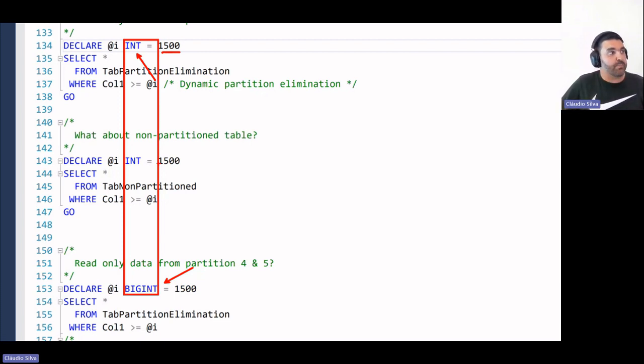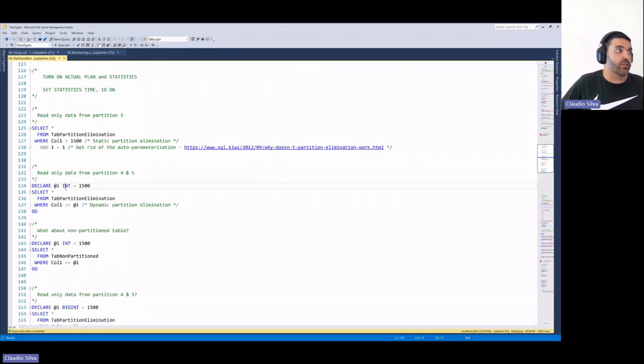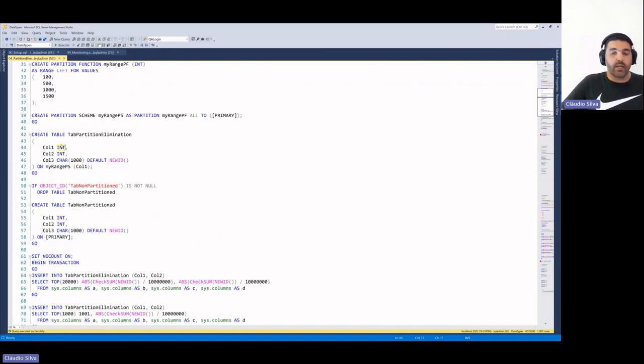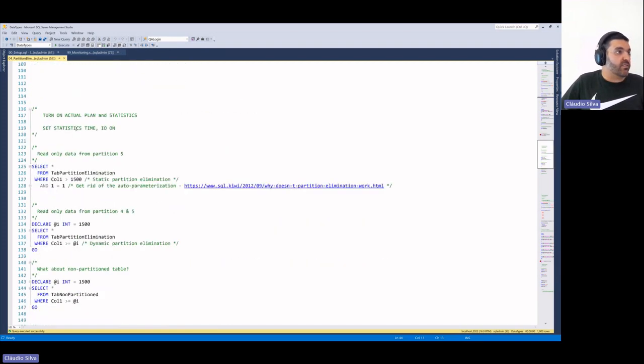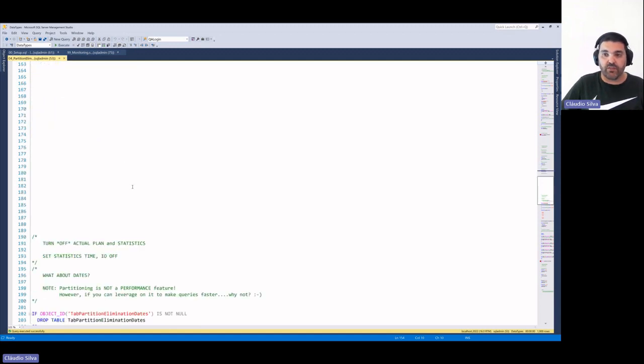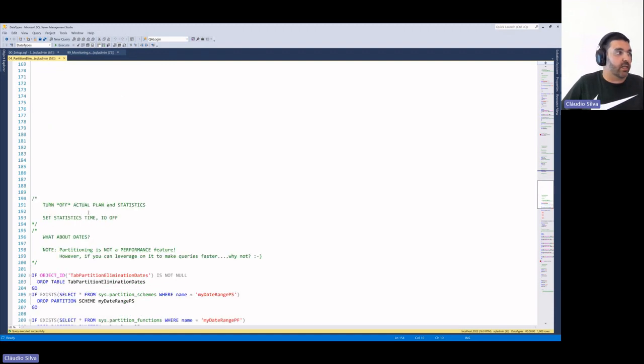So if you pick the right data type from your table, and let me show here that the table was an integer, that will help you achieve partition elimination whenever possible, okay? I think that is important to understand. And why? Because in my database we normally work with big ints, and by default my muscle memory is typing big ints, but all of a sudden we have this behavior, and I'm reading 5 partitions instead of just 2, making for a quicker execution of the query.